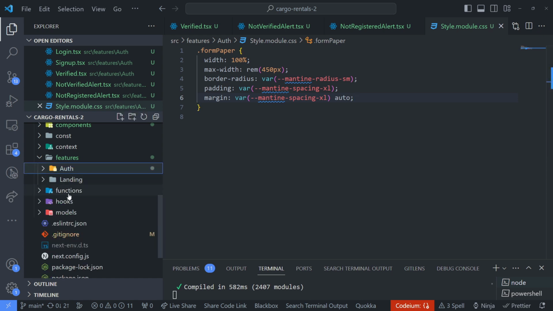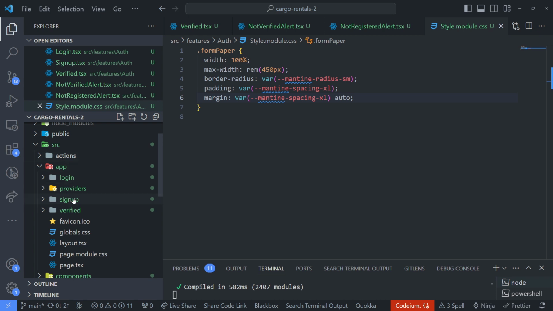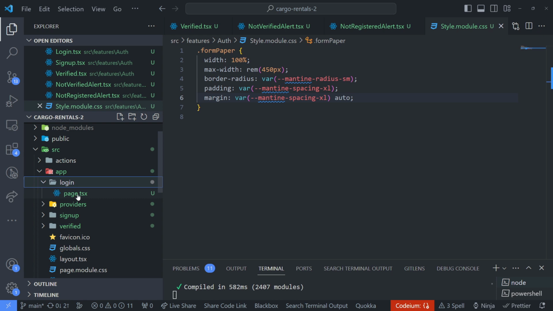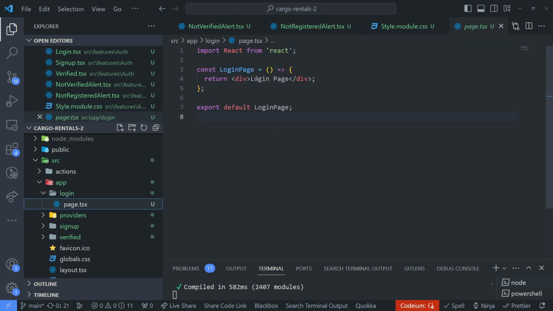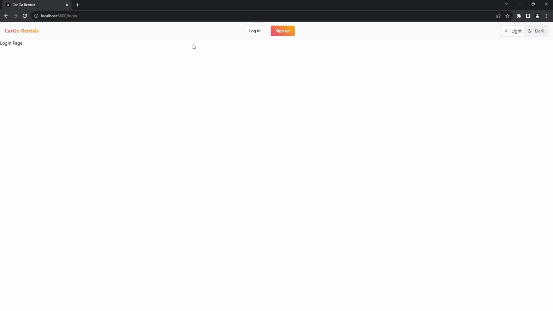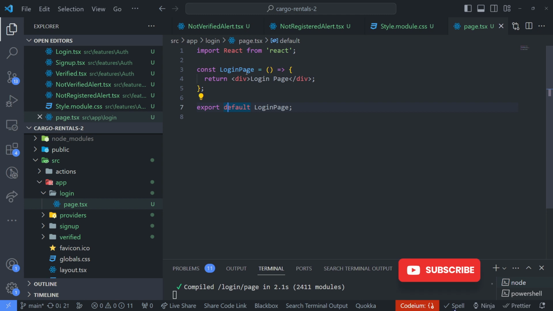So we are basically going to connect these UIs to our pages. For example, here, before that, let me just show you. As you can see, our app is running as well. Before I add the UI, let me just show you that we don't have anything there. If I click on login, it's basically going to take me to the login page, which is just a placeholder text saying login. So I'm going to replace that with the